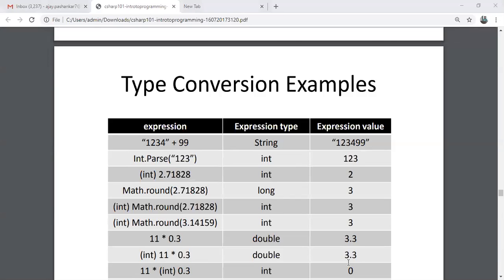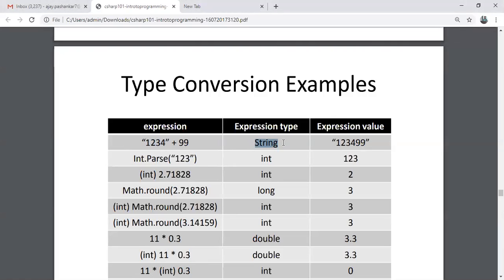Wrong. It's not an integer. Observe carefully. Very good. String. Why is it a string? Because it is enclosed within double quotes. Done? Very good.